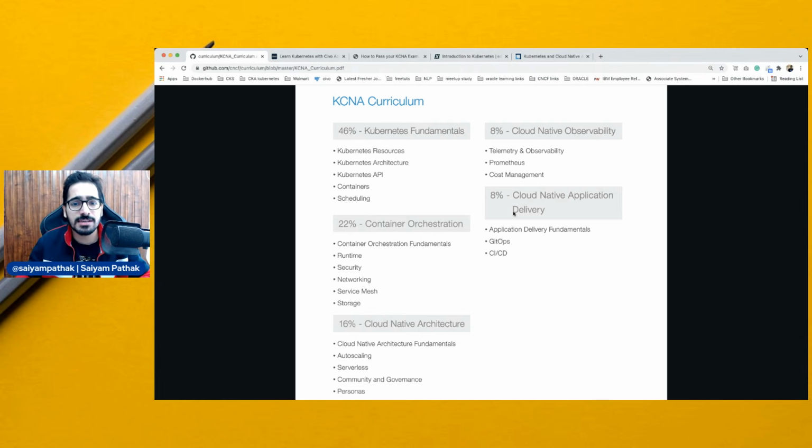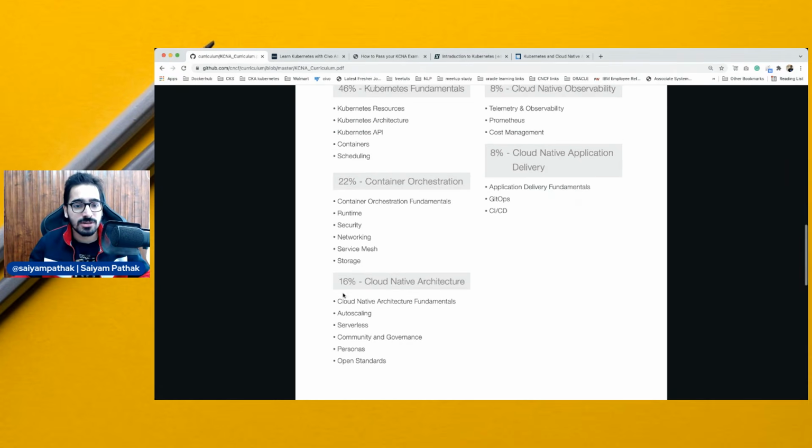And it's very clearly mentioned, like, what is GitOps, projects in that, CI/CD, and then the application delivery fundamentals, the cloud native architecture, again, very specific to whatever is mentioned, like, auto scaling is there. There can be questions over that. Community and governance, they can be questioned over that. So all these things together will make up the exam, which is a 90-minute exam, 60 questions that you'll be getting, all MCQ types that you have to choose, available across all locations. Currently it's in English, so you need to understand that.